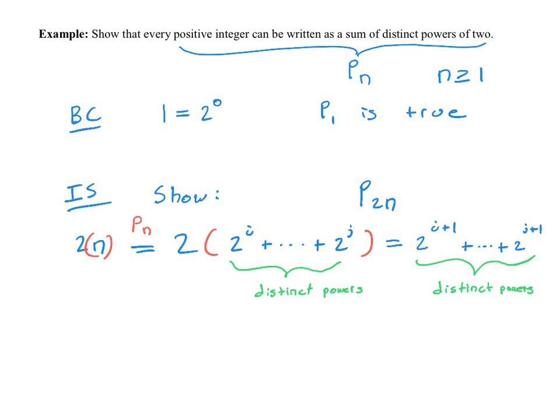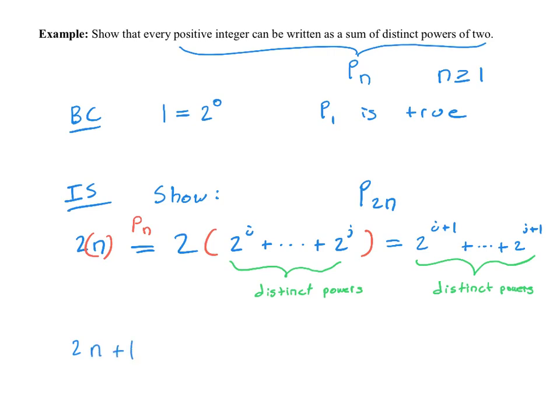Now, that doesn't quite give us everything we want. There's a problem here. We're supposed to do this for every positive integer, every integer bigger than or equal to 1, and we've just picked this arbitrary number 2 times n. Unfortunately, 2 times n will only represent even integers. We also have to consider the odd integers as well. So an odd integer would look like 2n